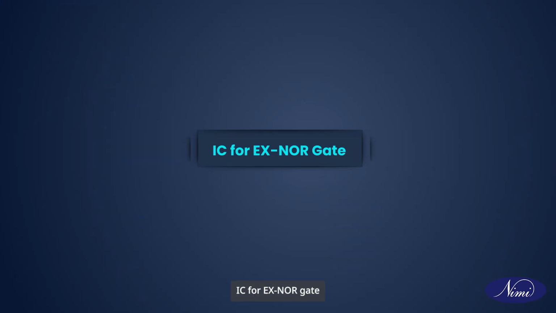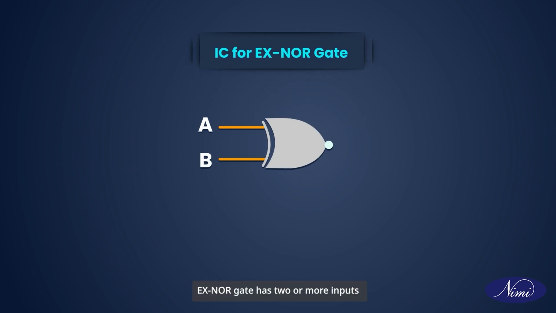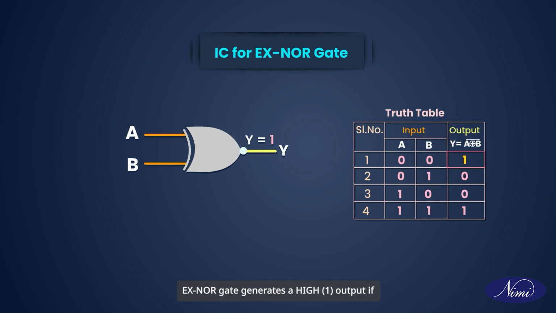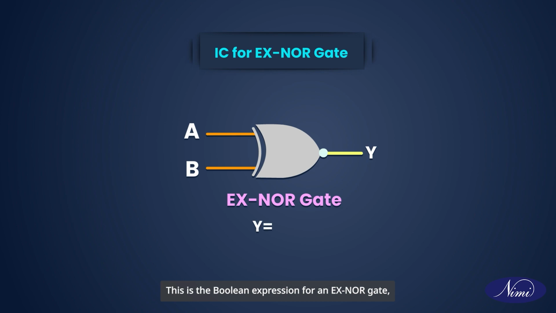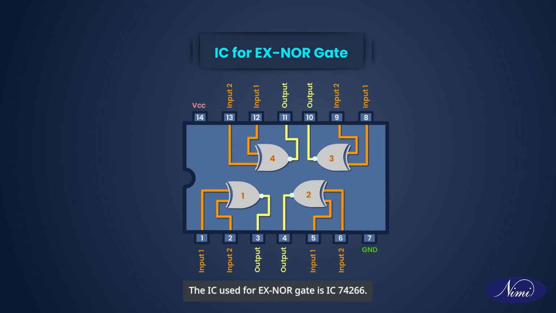IC for XNOR gate. XNOR gate has 2 or more inputs but a single output. XNOR gate generates a high output if both the inputs are at the same logic level, A is equal to B. This is the symbol for XNOR gate. This is the Boolean expression for an XNOR gate, where this symbol represents the XOR operation and the overline represents the NOT operation. This means the output is the negation of the XOR of the inputs. The IC used for XNOR gate is